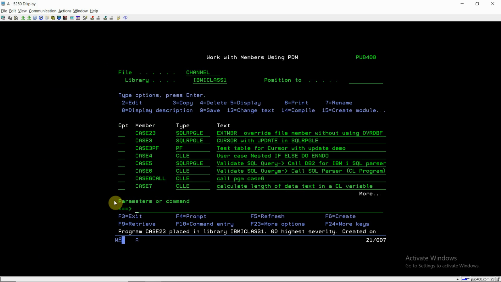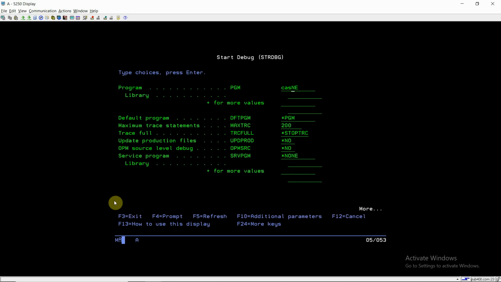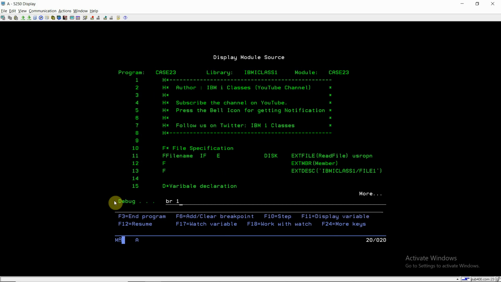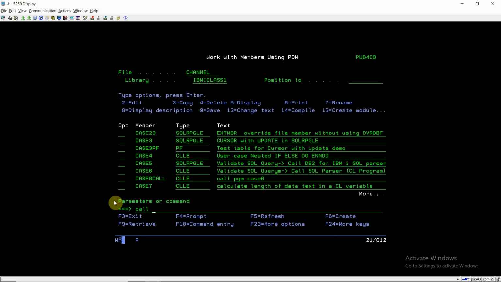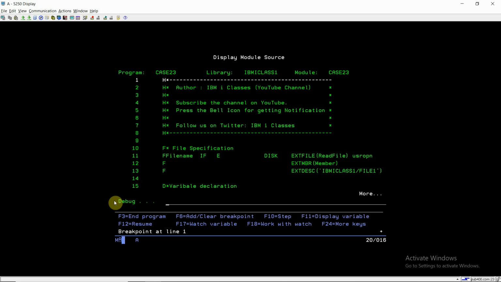So the program has been compiled successfully. I'll be debugging this program, CASE23. Set the breakpoint at line number 1, then call CASE23. I know that member 2 has only 2 records and member 3 has 4 records.